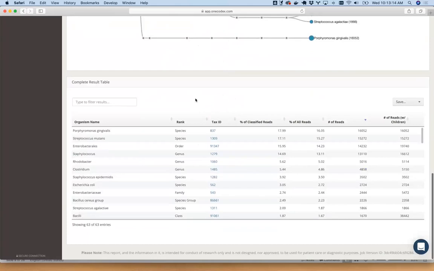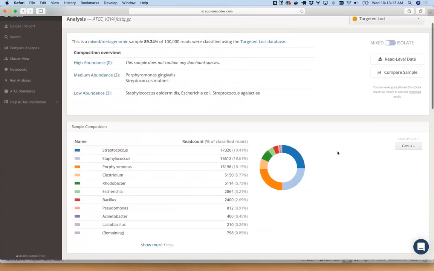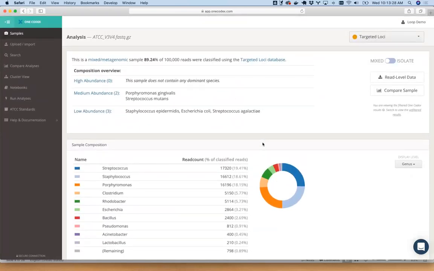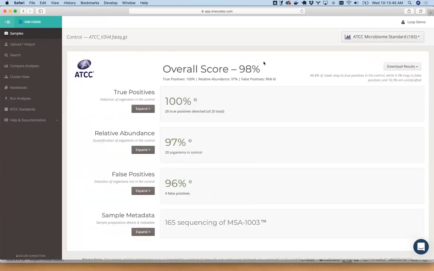and tabular information. So this sample, if we eyeball it at the genus level, we see there are 3 high abundance organisms, then a cluster of modest abundance organisms, and on down. That is reflective of what we know about this particular sample, which is gDNA in a known mixture from ATCC that has 20 organisms and is staggered. We see that composition come through here, and we have a specific scorecard analysis for the ATCC materials as well, and we can see